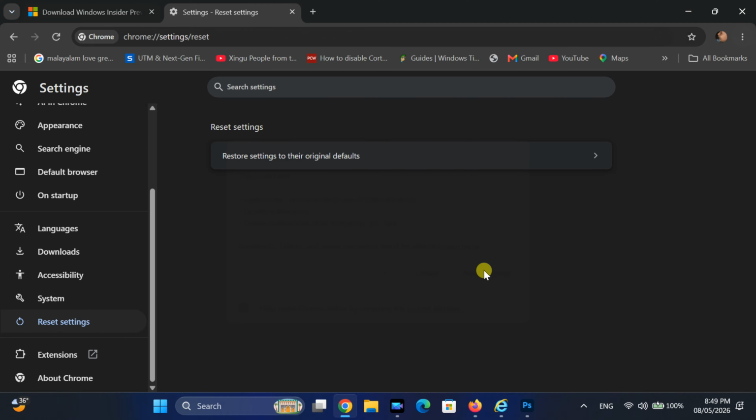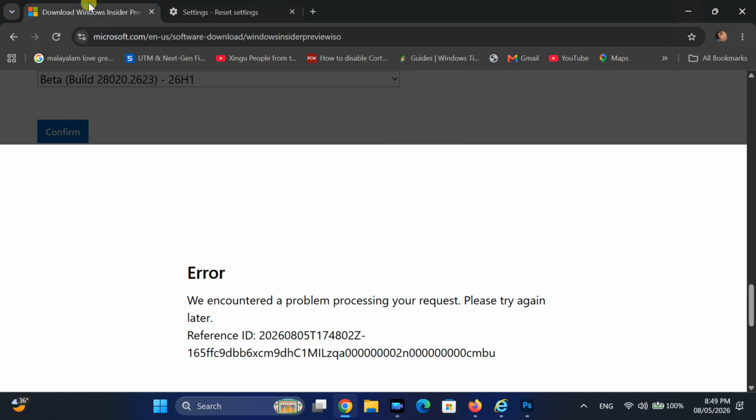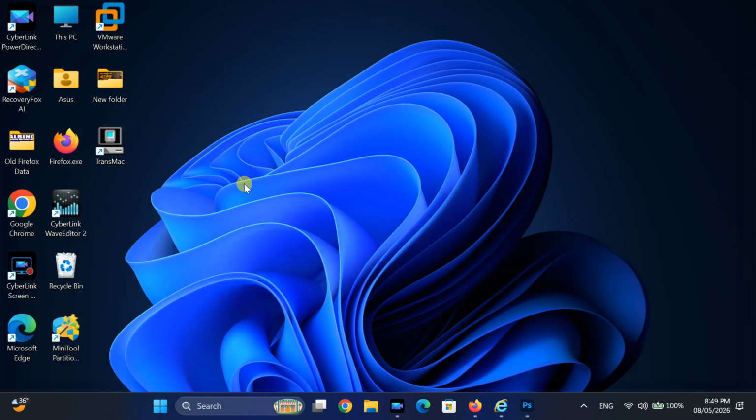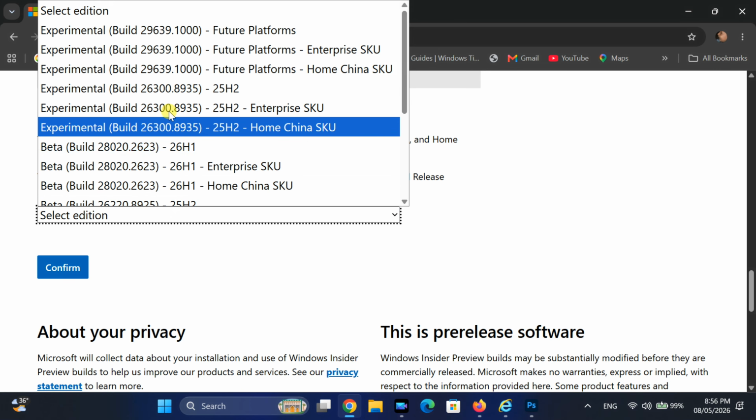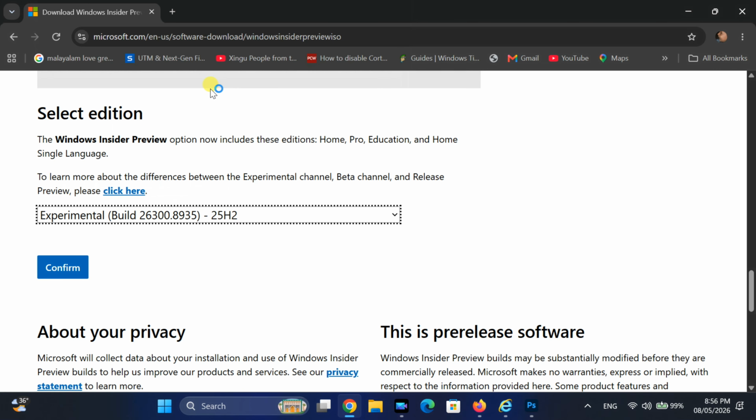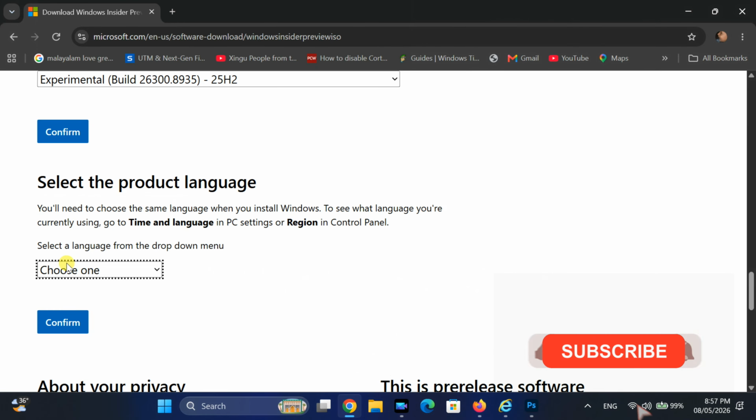After resetting, close Chrome completely and open it again. Now go back to the Microsoft website and try downloading the Windows ISO file again. As you can see, the ISO download page is now working properly and the error message is gone. This simple Chrome settings reset can fix the "we encounter a problem processing your request" error when downloading ISO files